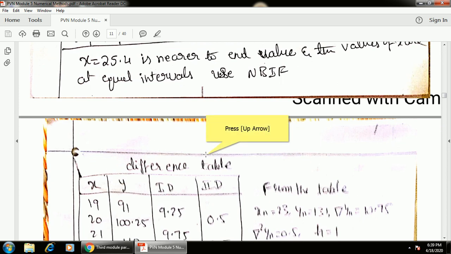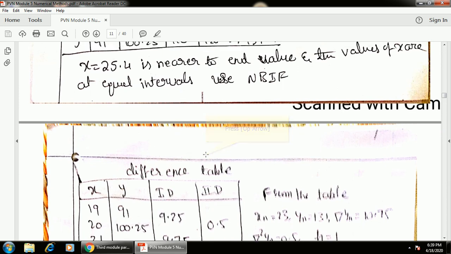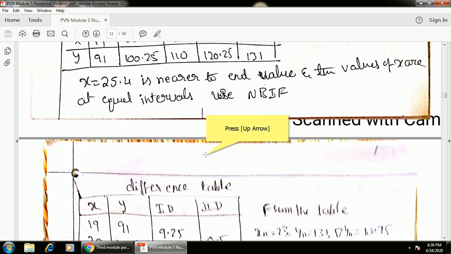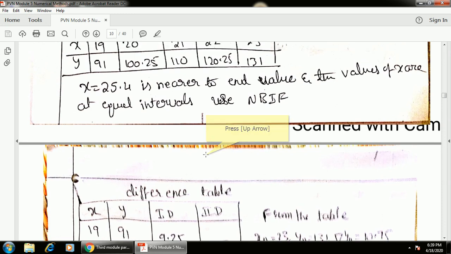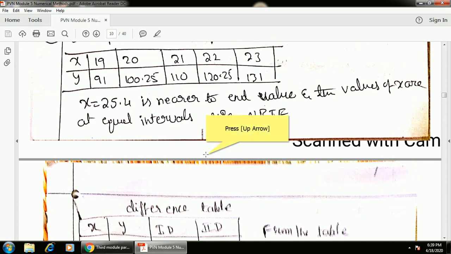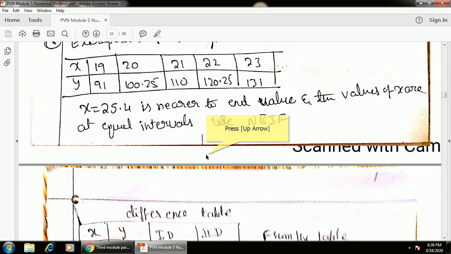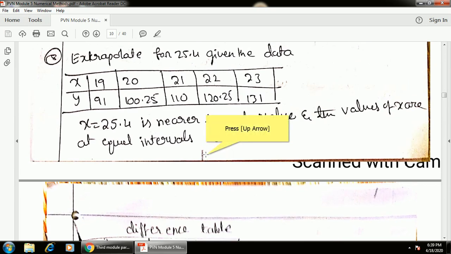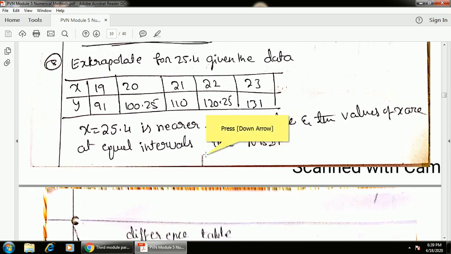Okay, look at this. Here they asked extrapolate for 25.4 given the data. 25.4 actually is near to 23, but it is outside the range, hence it is known as extrapolation, but that concept is included in interpolation itself. Okay, as usual